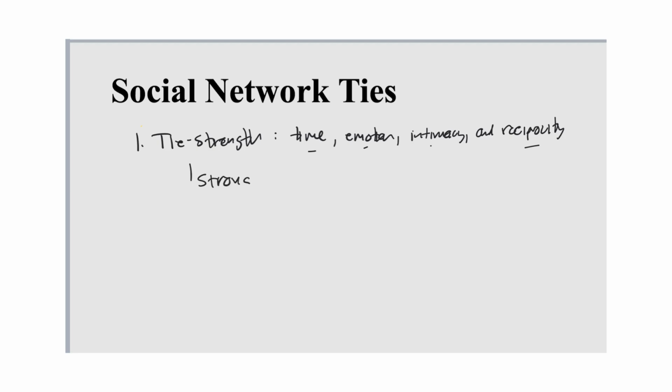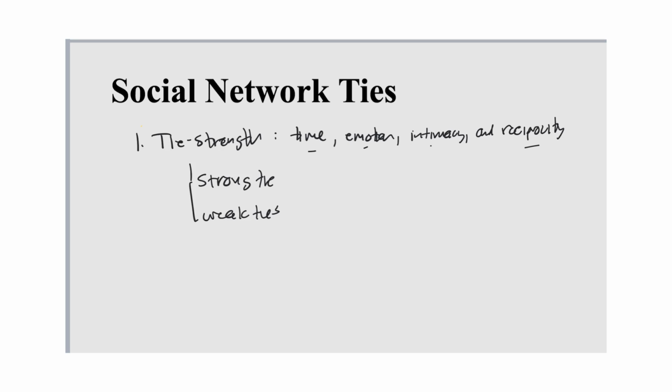A strong tie, then, is one that requires more time and energy, but also brings more belonging and fulfillment. You can think of it in terms of social exchange theory. There's a lot of costs, but there's also a lot of rewards, okay? And there's also weak ties, people whom you interact with rarely or infrequently.